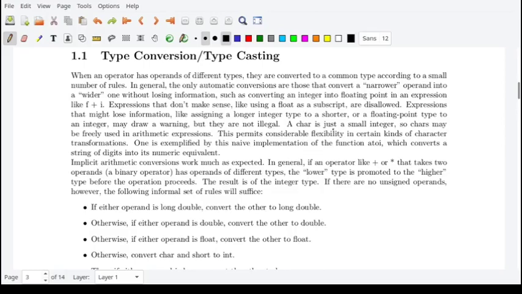In this video, we will be discussing type conversion and typecasting. So consider division of two numbers. 5 divided by 2. As you know, this will give you a result 2. Now suppose let us divide 5 divided by